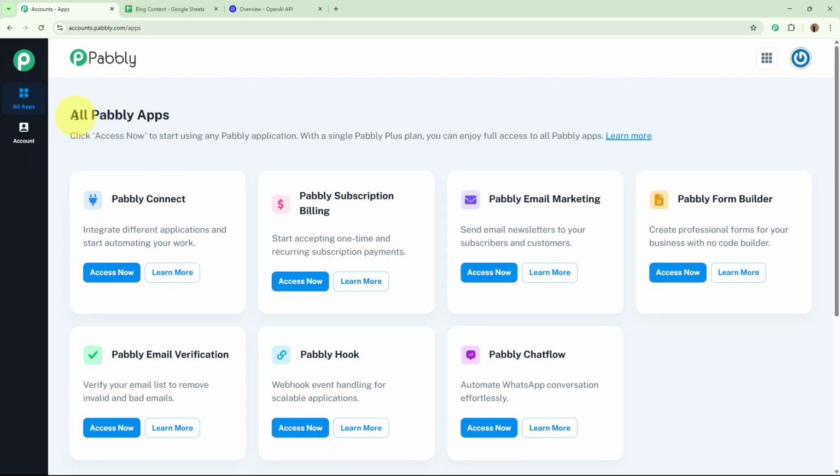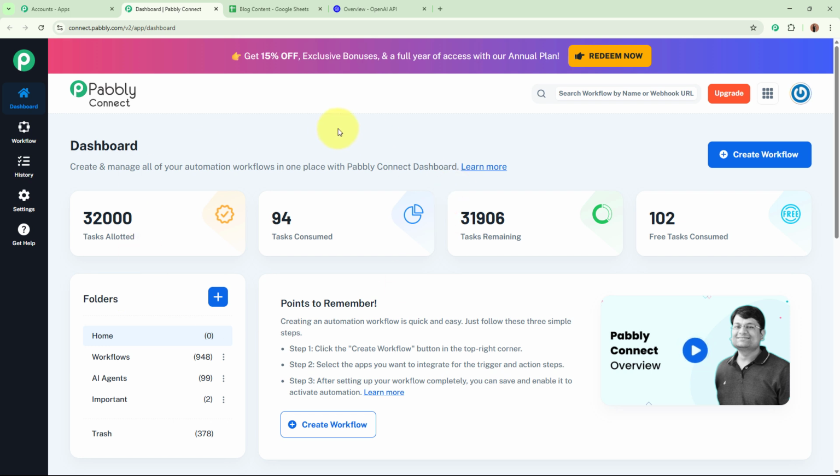After signing in, you can see the All Pabbly Apps window in front of you, in which you can see all the applications that Pabbly provides, from which we are going to select Pabbly Connect by clicking on this Access Now button right over here. Then Pabbly Connect's dashboard is going to appear in front of you,